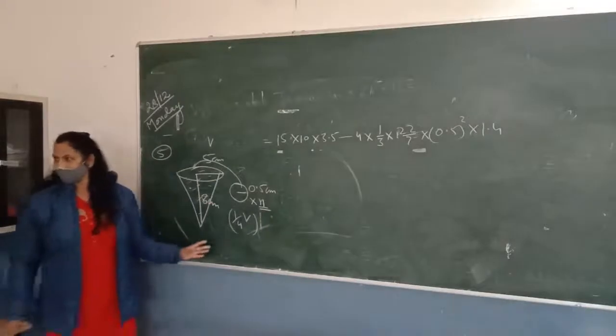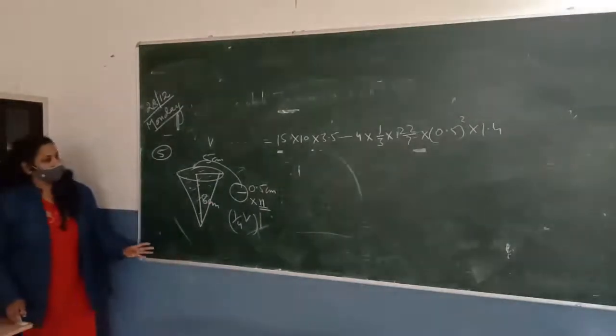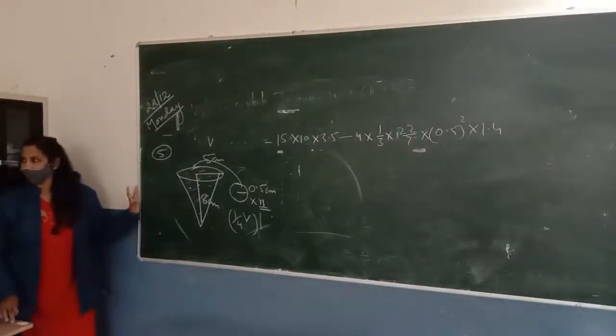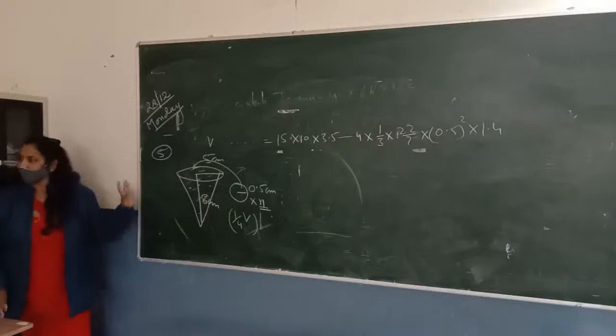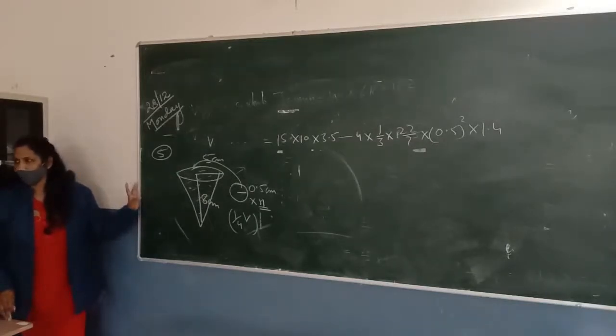Vishal, can you explain how we can do this question? Yes, ma'am. Ma'am, first we find the volume of the cone. Okay, first of all we will find the volume of the cone, the volume of the water which is filled in the cone. Then 1/4 of the water flows out. So the volume of the sphere is equal to the 1/4 of the water. The volume of the N lead shots.